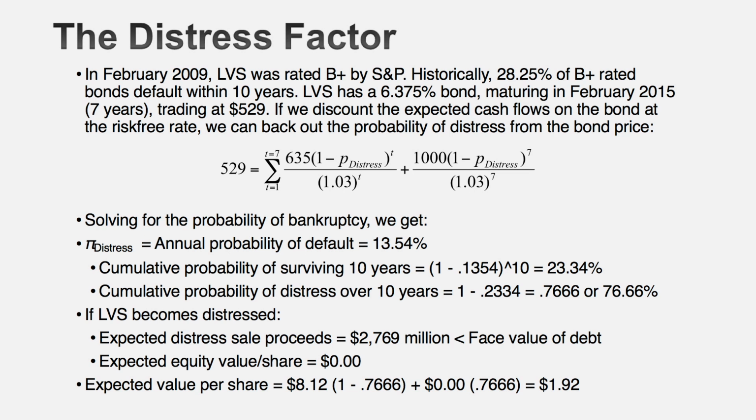The remaining 77% of the time, here's what I get. The company is going to have trouble making its debt payments. My equity is going to be worth nothing. My expected value for the company is a weighted average of $8.12 with 23% as its weight and 0 with 77% as its weight. With distressed companies, this is an additional layer you might have to make. I do this primarily with companies at both ends of the life cycle. Really young, high-growth companies and really old companies with a lot of debt. In either case, I think traditional discounted cash flow valuation is going to give you too high a number.